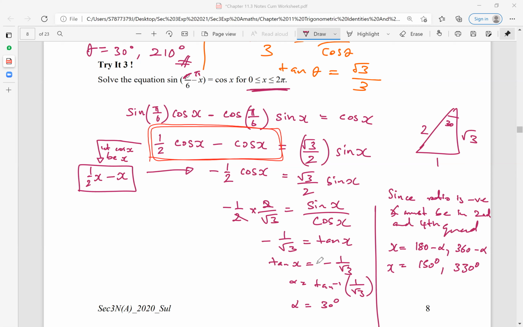So your alpha basic angle is 30 degrees. Okay, basic angle is 30 degrees. So you get this as 180 minus alpha and 360 minus alpha. Can? Okay, I am left with only about 3 more minutes, so I shall quickly